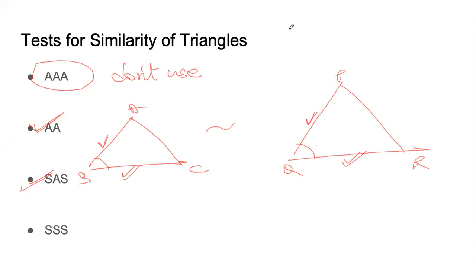The last test is very easy. Just like the first test, the last test is all about only one thing, sides. If all the 3 sides of one triangle are proportional to all the 3 sides of the second triangle, then also the triangles are called similar. These are the 4 tests that we studied. And we also said we never use the first test because it is not required. The second test is enough. If we understand the similarity of triangles, we can finally apply it to prove Pythagoras theorem. And actually, we have already done the basic things last year. In the last chapter, we will just look at it in a different way and use it to prove the Pythagoras theorem.